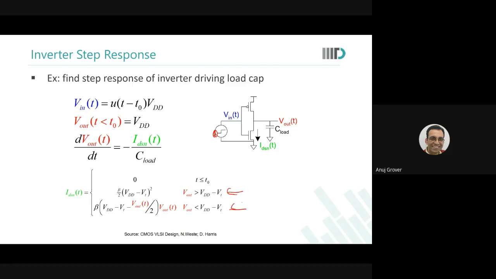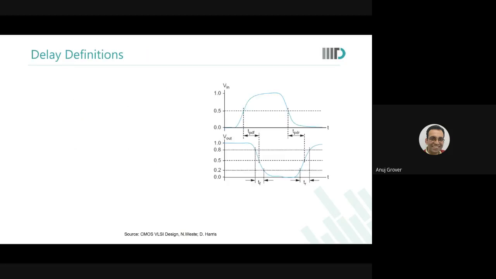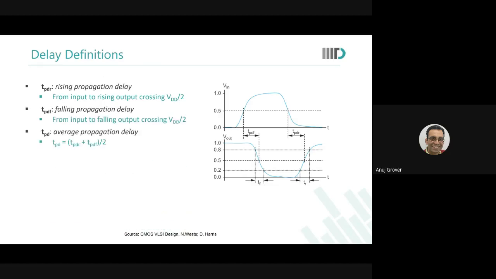And then we have the linear region equation coming there. Are you with me? Yes, sir. So in effect, as my input rises, my output falls, and I give some delay definitions there, which you've already done. The rise delay, the fall delay, the rise time, and the fall time. This you've already done in your assignment also, so I assume there are no questions around this. Am I right?